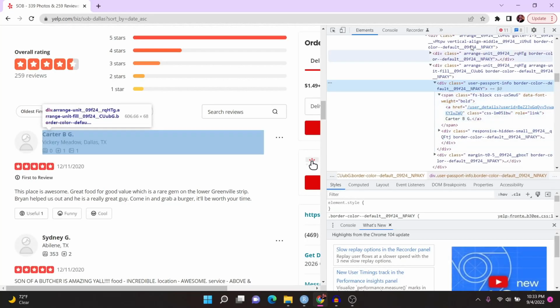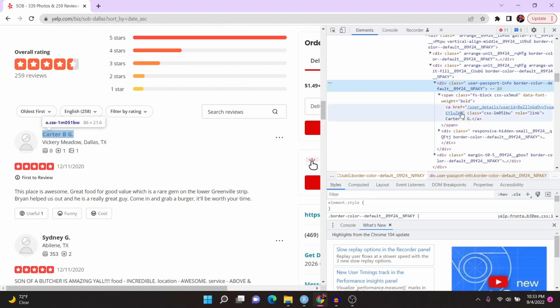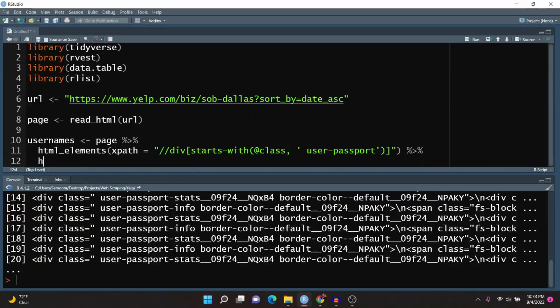So we need to go down another level, and we need to go into the A tag. In order to do that, I'm just going to type in HTML elements XPath equals to, and before I put a slash slash, I'm actually going to put a dot and a period and then a slash slash. What this means is look within that previous element. So we're looking for all of the A tags within the previous element